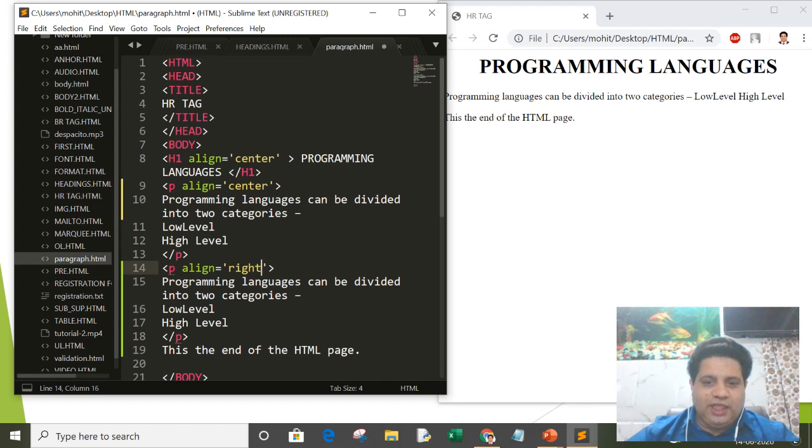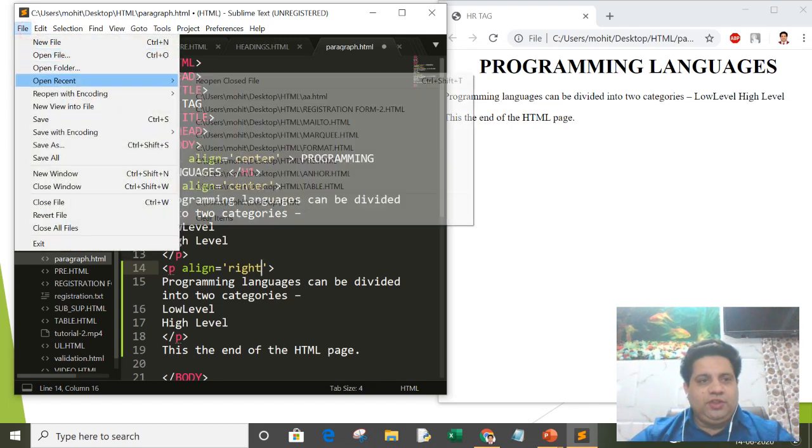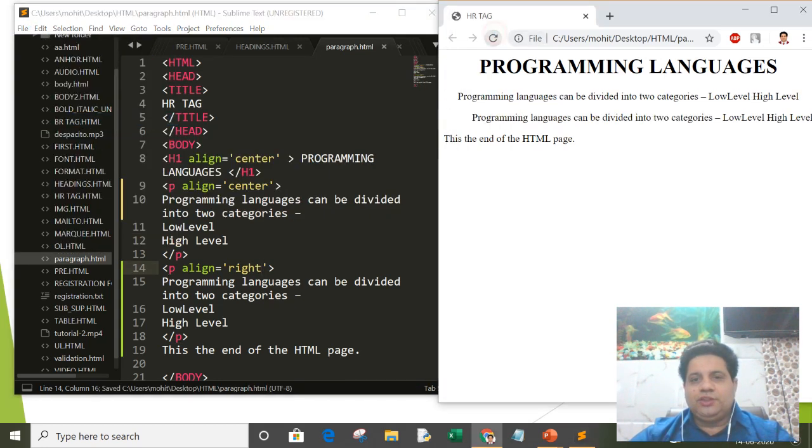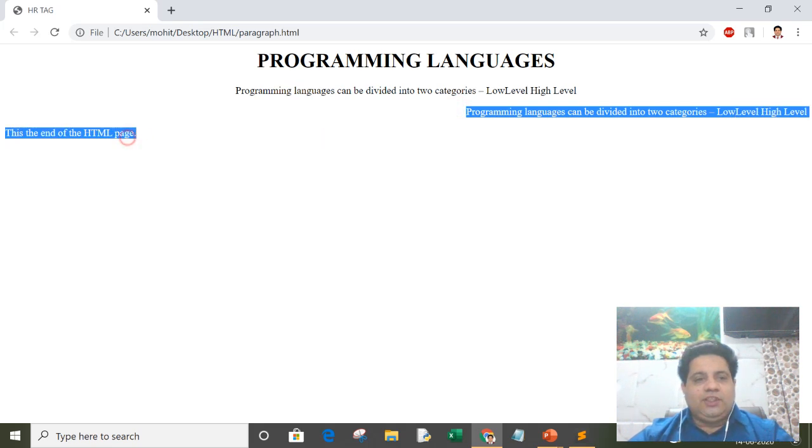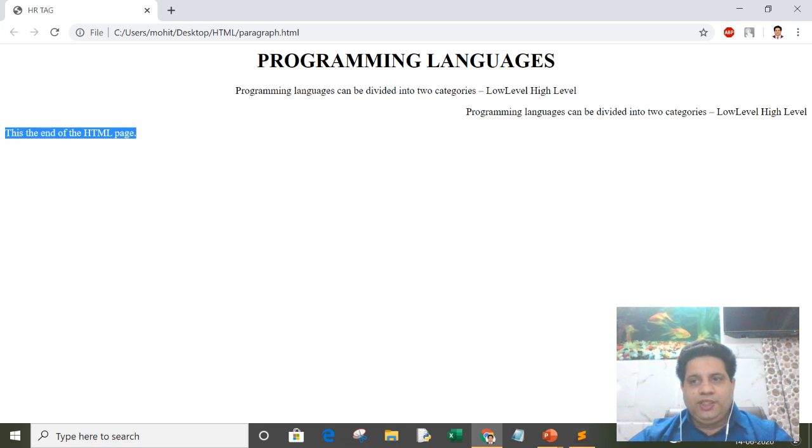By default, it is align equal to left. Now save it, you will see the output like this. See, this is left align, this is right align. When you maximize it, you can see the output more clearly. See, this paragraph is center align, this is right align, and this is after the paragraph tag has been closed. Clear?